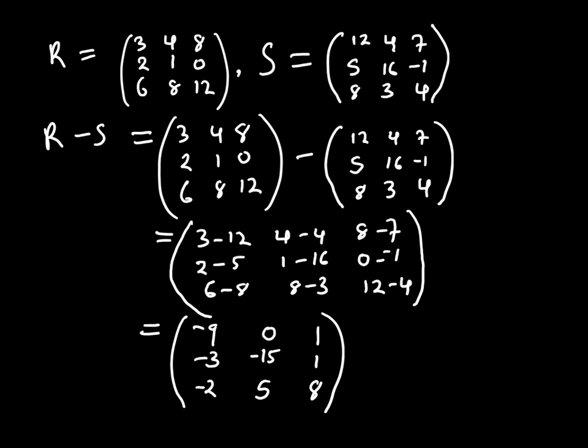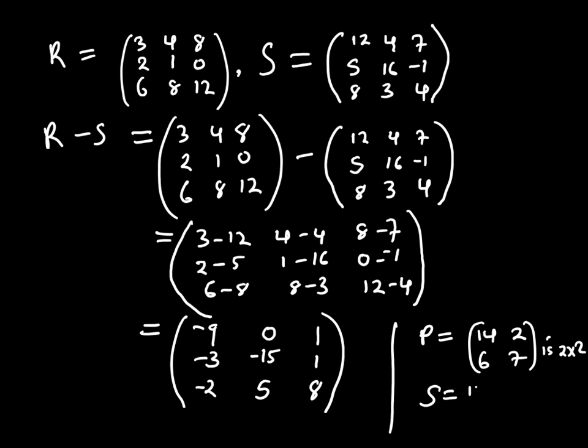When you look at matrix P, I think I'll do this on the next page, but let me try it right here. P equals 14, 2, 6, and 7, and this is a 2 by 2. Then we have S, which is equal to 12. We have it above. Let me not waste space because I have limited room. So S is